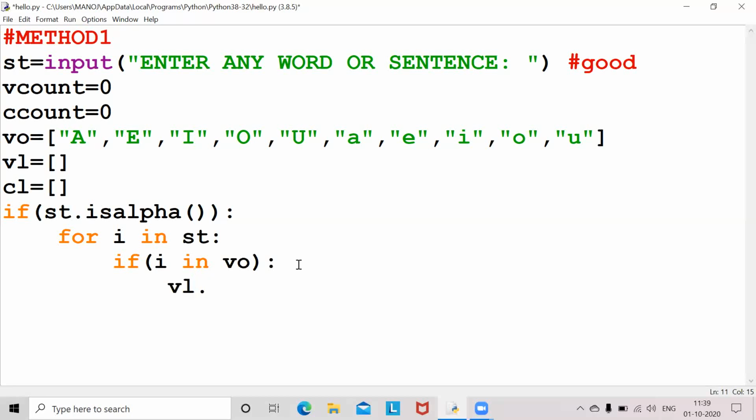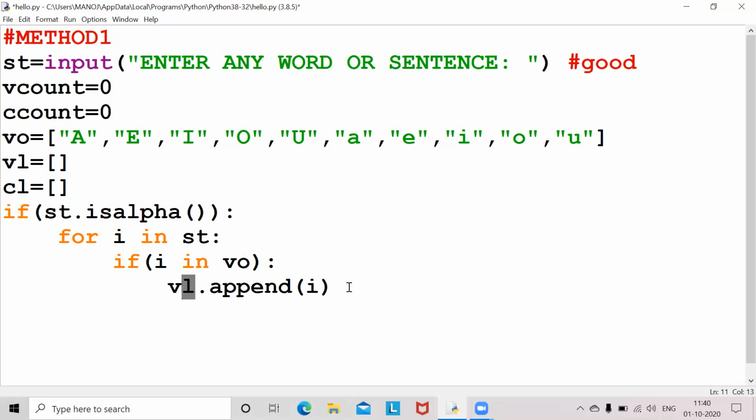vl dot append. Here vl is the vowels list. So if O is there, this condition will be satisfied and O will be appended, meaning it will be added to the vowels list.